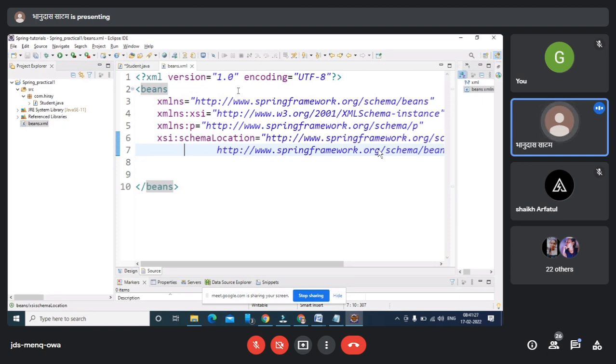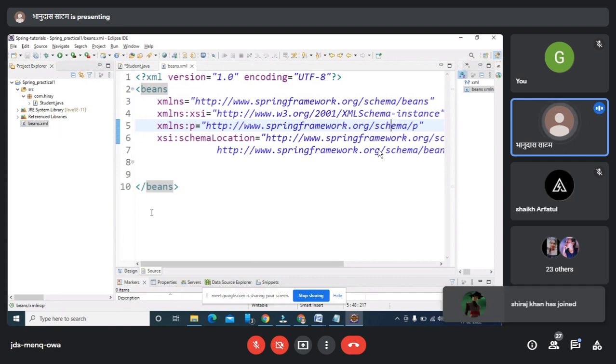CDN is nothing but a content delivery network, where information is kept on some website, and from there you are fetching those libraries. Are you getting me? All those libraries are available under springframework.org and w3.org. So all the necessary information is fetched from there, and that's why you people must know this XML file design here.